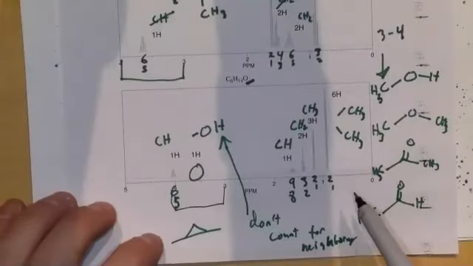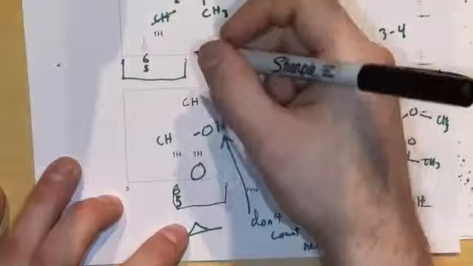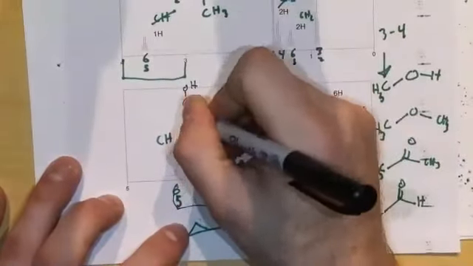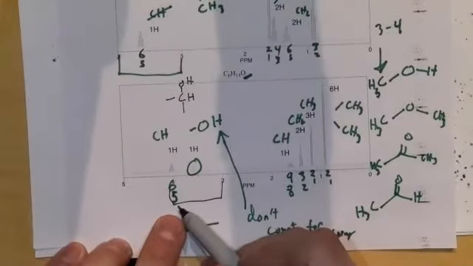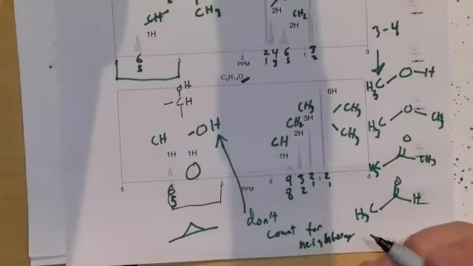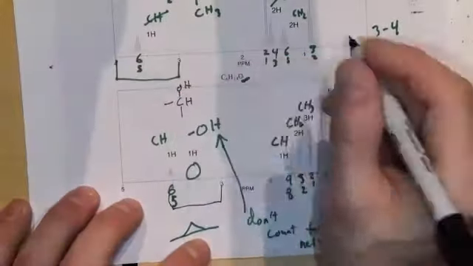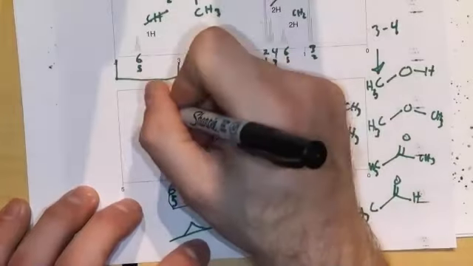So starting here with this CH, if I put the OH on it, it's got 2 open spots here. As we said, the OH doesn't count for your neighboring H's, so we can ignore that when it's on there. It's supposed to have 5 neighbors, so the easiest way to get to that would be 3 and 2. So putting a CH3 on one side and a CH2 on the other